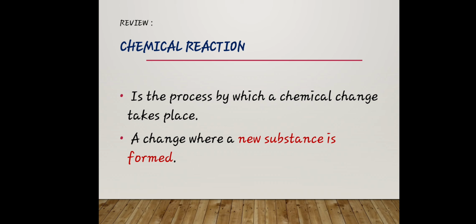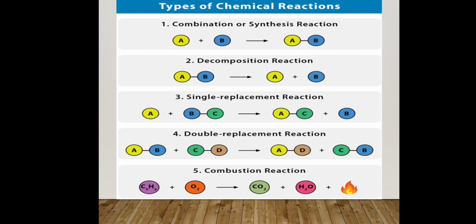As we all know, it is the process by which a chemical change takes place. And also, to be exact, or to define it in an easy way, chemical reaction is a change where a new substance is formed. Meaning to say, from the other substances that are combined, there is a new substance that is formed. To explain it further,